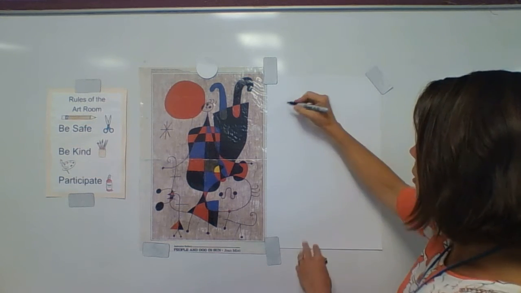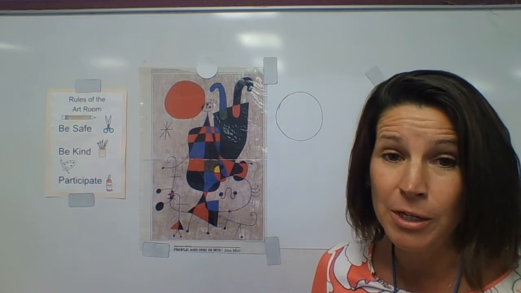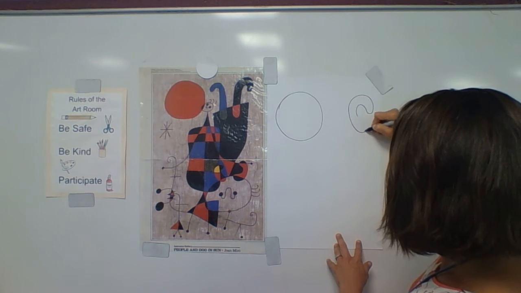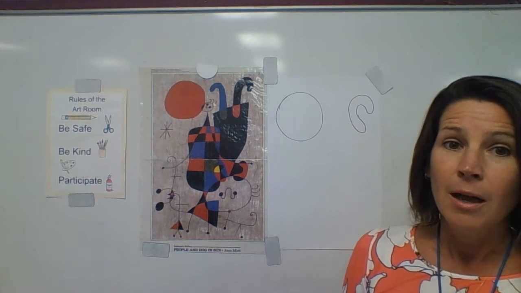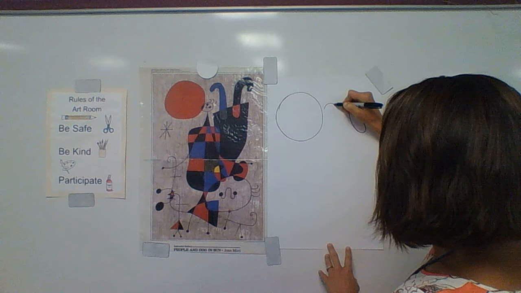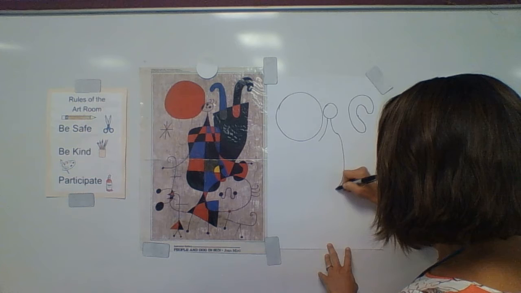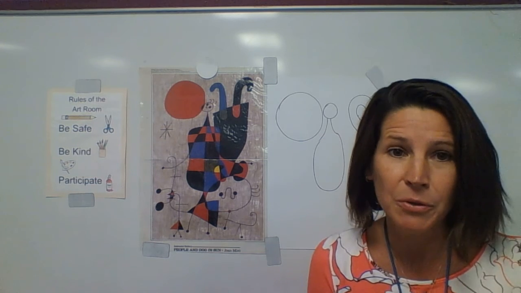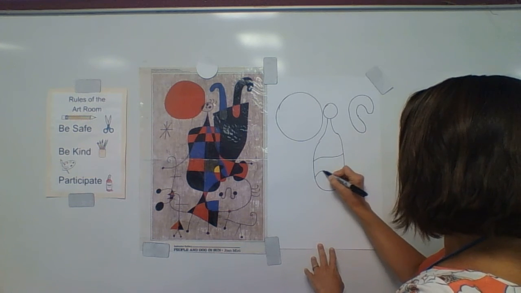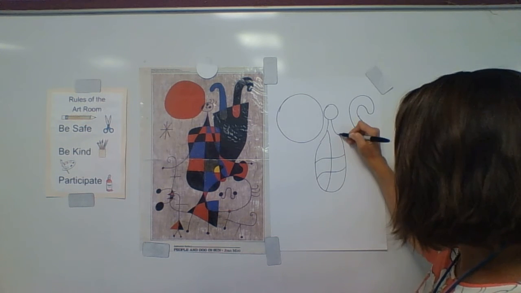So you're going to do some shapes that you practiced last week, and you're going to put them together into a collection of shape and line to make artwork. So I'm thinking about doing something kind of like what Miro did, but it doesn't have to be exactly like it. I want to think about line. I want to think about shape.